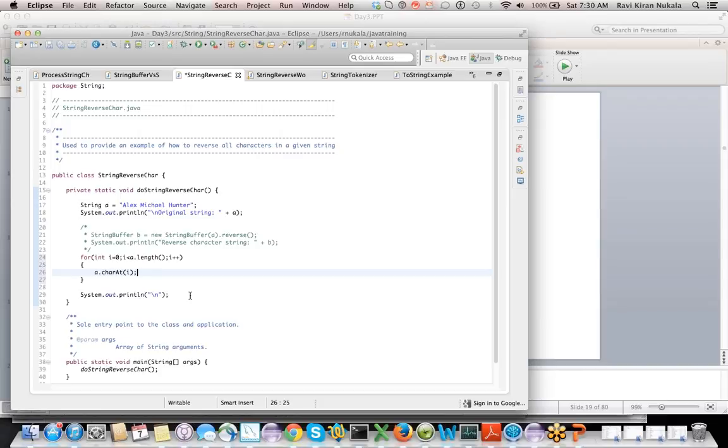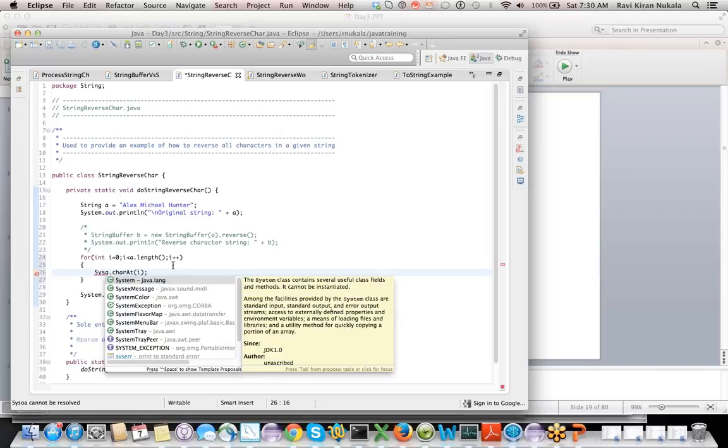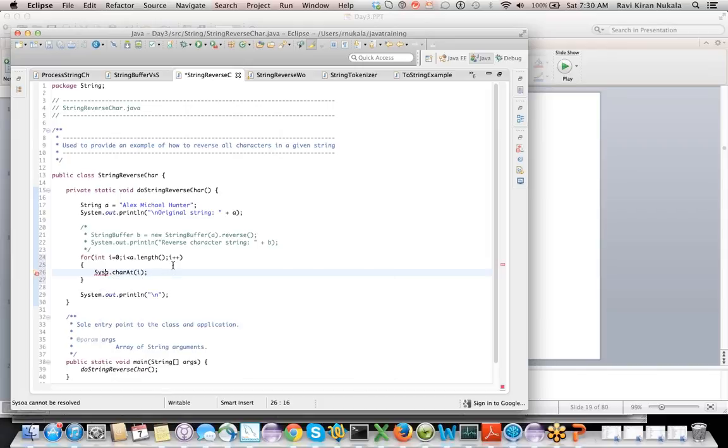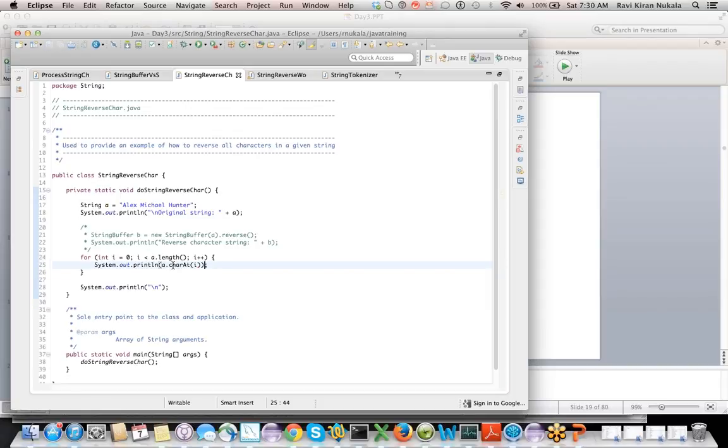But will this help? Will this print out in reverse? No. System dot out. Yeah, but that's not my question. The kind of loop that I have, will that print it in reverse? No. Then what do I need to change? Tell me.